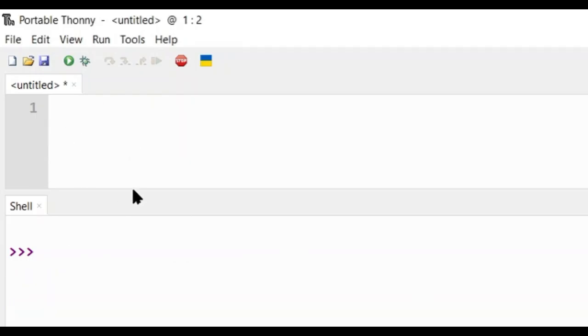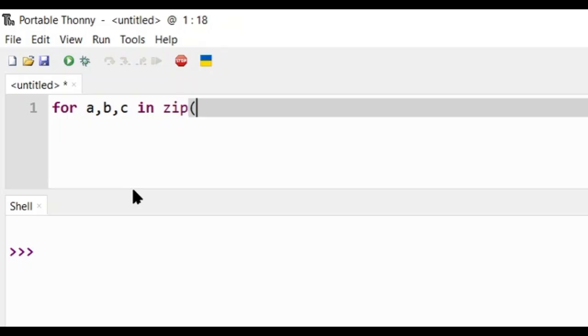So now we will see how to use the zip function: for a, b, c in zip of 3 collection data types I am going to give. It may be of any type, any collection data type. So first one, I am having a tuple with elements 1, 2. Next I am having a list with the elements a, b. Next I am having a set with elements Ram, Raju,